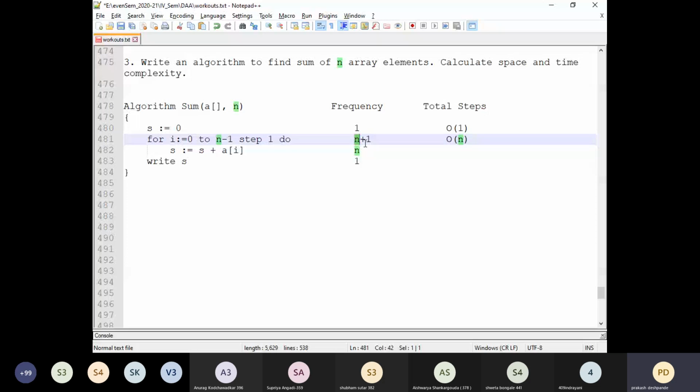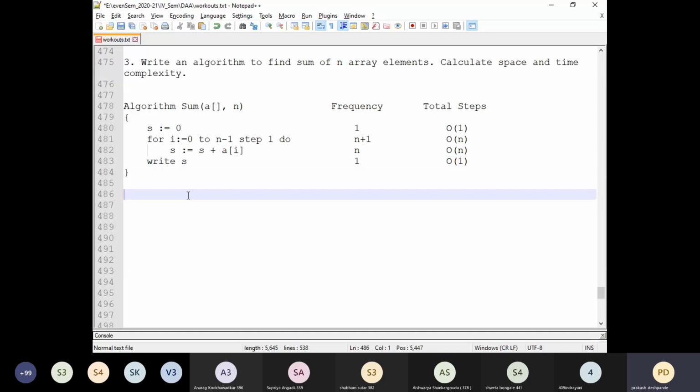A power of 1 means it is linear. So it is big O of n, a linear function. Similarly, the next statement with frequency n can also be written as big O of n. And for the last one, it is again big O of 1, which is a constant.